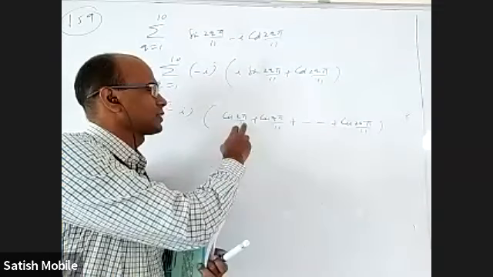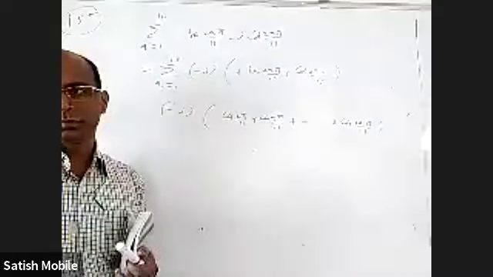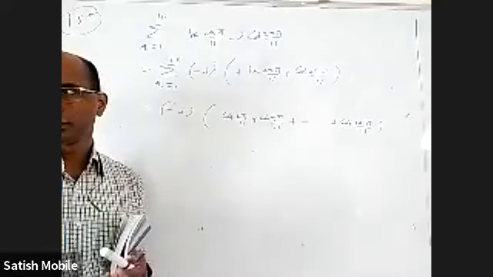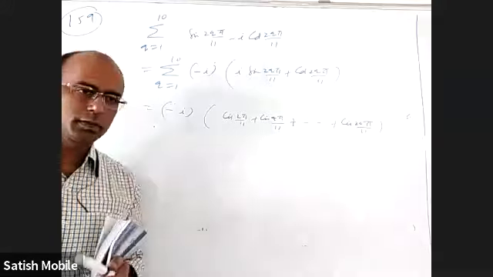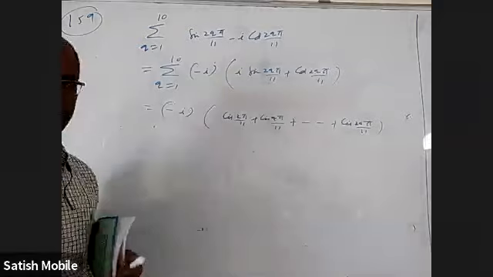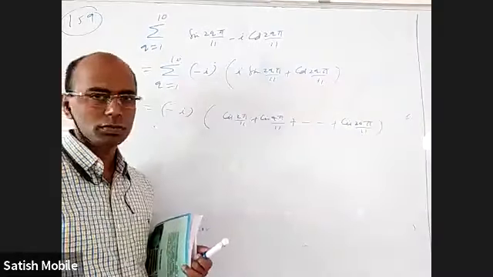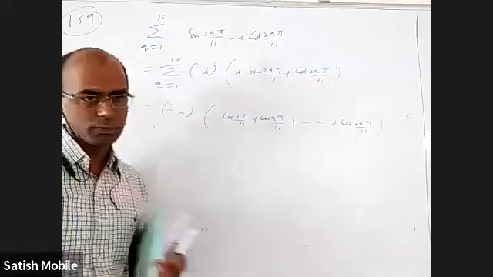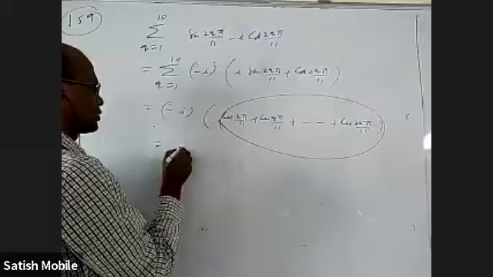Okay. So, what are all these: cis 2 pi by 11, cis 4 pi by 11, 6 pi by 11, up to 20 pi by 11? 11th roots of unity, cis 2 pi by n. These are all the 11th roots of unity except one. One is missing. We know the sum of the 11th roots of unity is 0. If one is missing, the sum will be minus 1. So this whole sum is becoming minus 1.